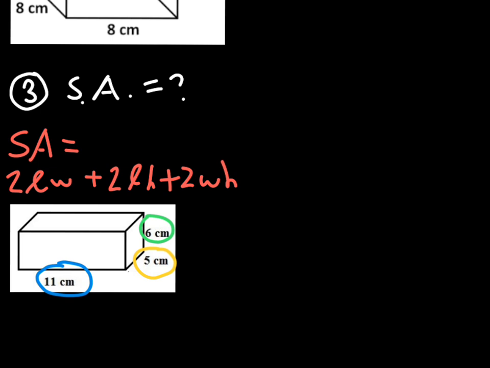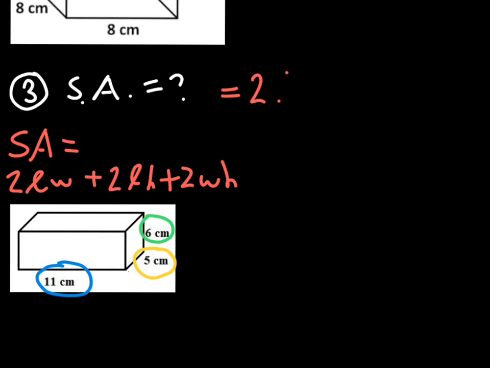If you didn't choose the exact same values as what I did, you should still arrive at the same answer as long as you are consistent, as long as you defined what your length, width, and height were from the beginning and you didn't change them up along the way. So let's keep going. So this then becomes 2 times length times width, which would be 2 times,